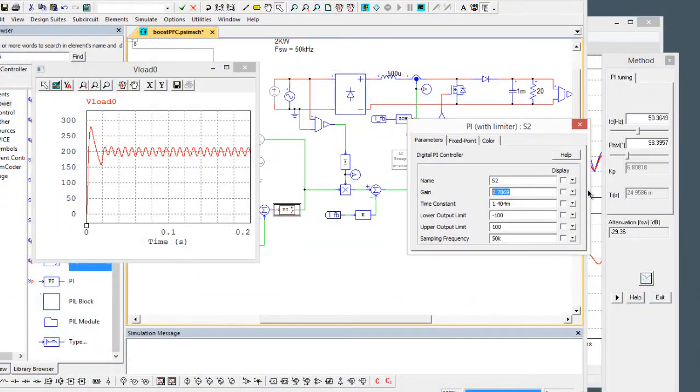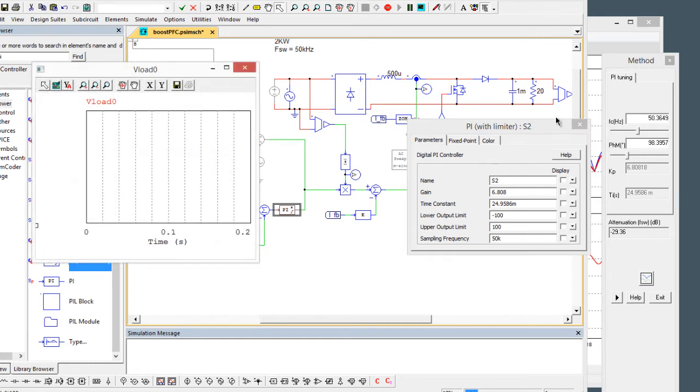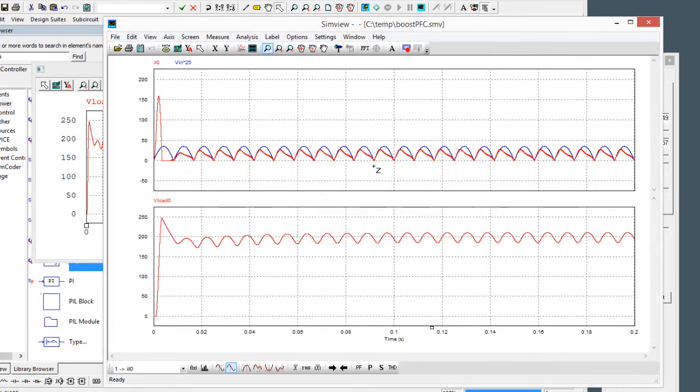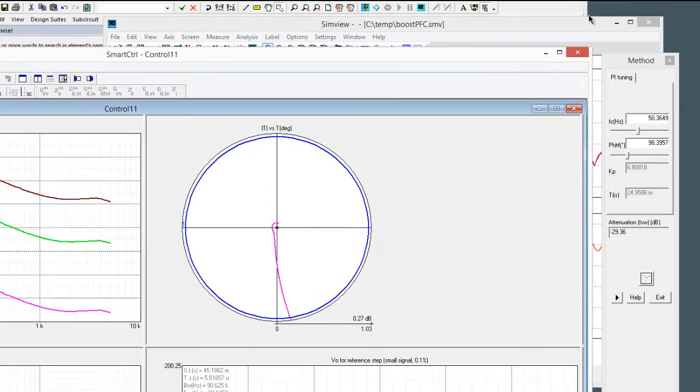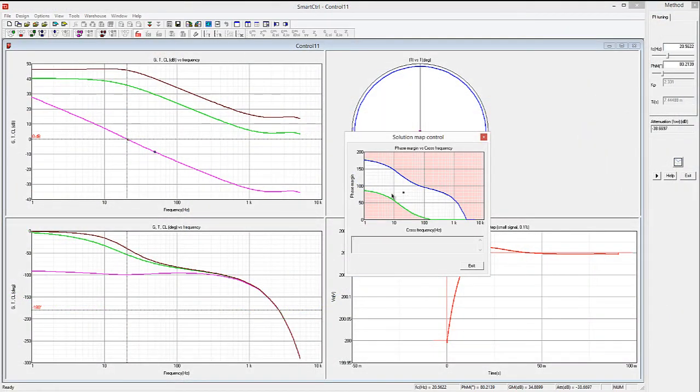So this is going to be 6.808 and a really big time constant, 24.9586 milli. And let's have a look again at what this does. Again, we can see that it's still not really giving us a good response there. So we really need to go even slower to get a good response. So we really want to be attenuating